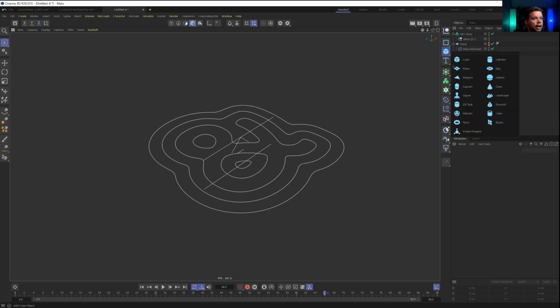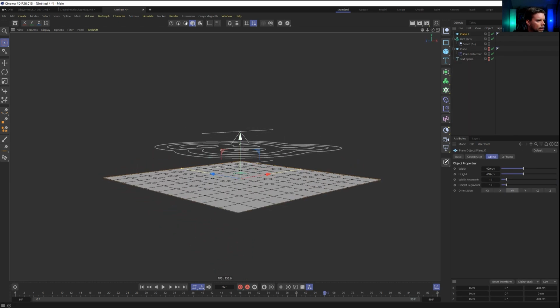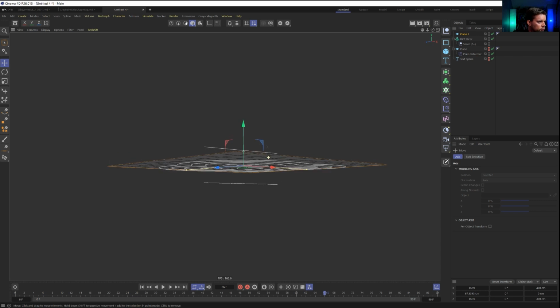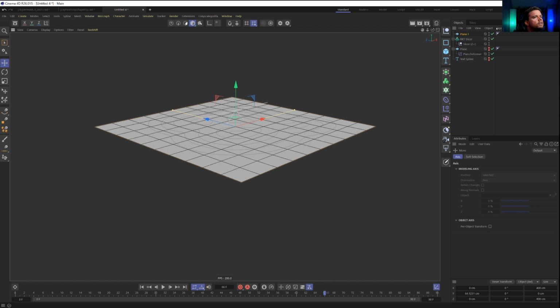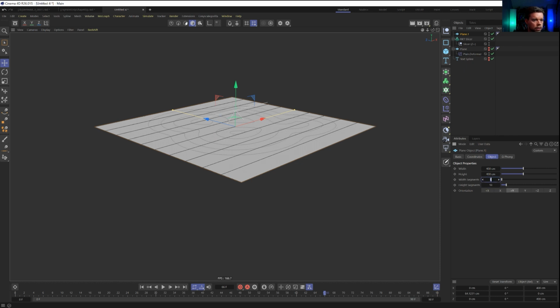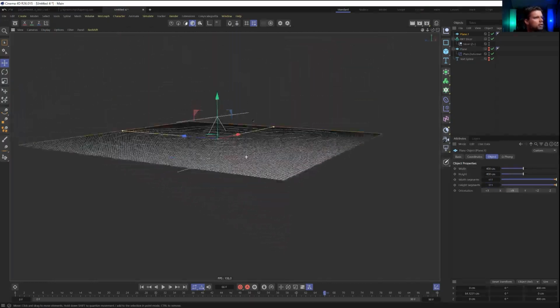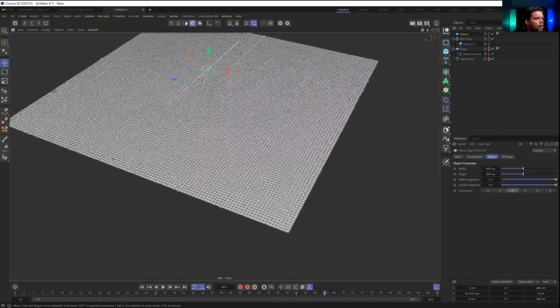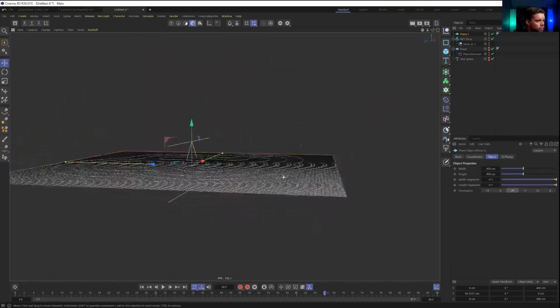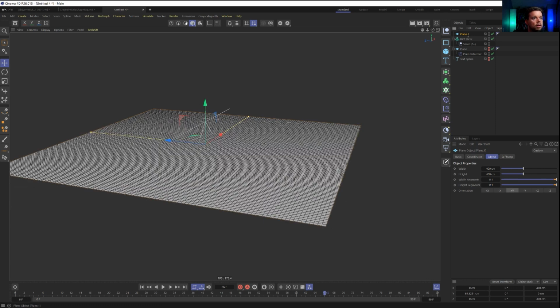So then I would like to make a plane, and I'm going to move the plane up to wherever the slicer is kind of living right now. And it's going to have to be pretty dang subdivided. So let's jump it up to like 100. And is that enough? I feel like that's probably enough. And I wonder if we could do this. I haven't ever specifically tried to do this, but if we make a